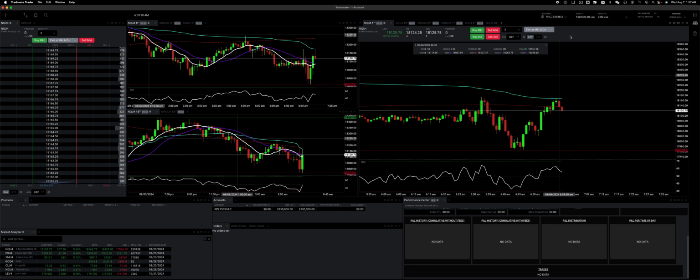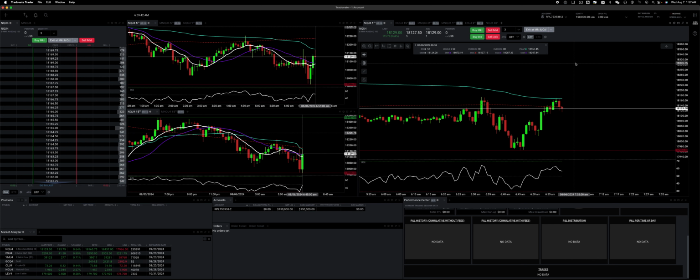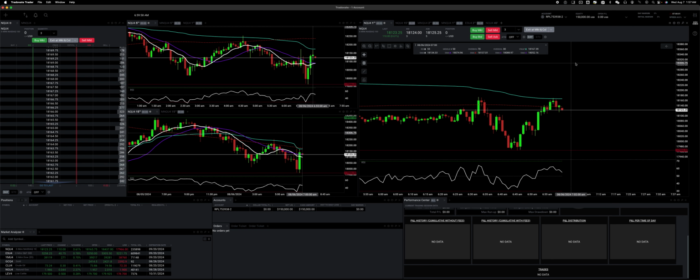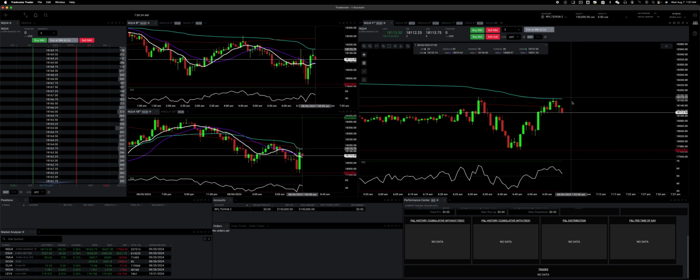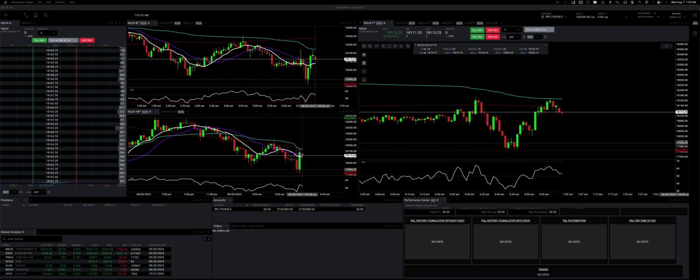And we're gonna go through the settings and how it works, and maybe a little advanced setup on how you can use it to target partials and runners. So this can be set up. You can set up your OCO orders while you're in a position or before you get into a position. So what we're going to do is